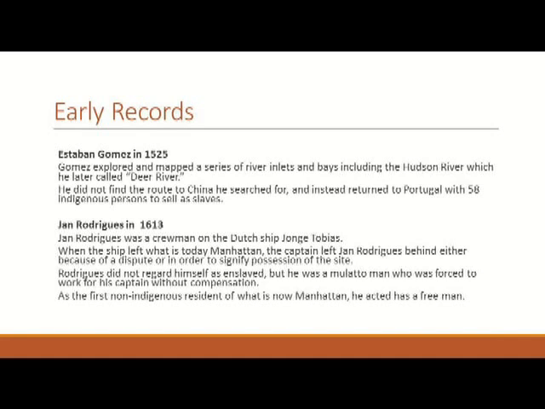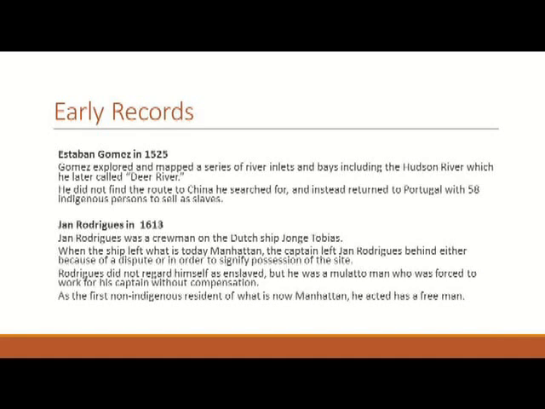and we've recorded them. For example, one of the first explorers of the Hudson River in Manhattan was an explorer named Esteban Gomez, and he explored and mapped a series of river inlets and bays, including the Hudson River, which he called the Deep River. He was looking for a path to China, that if he went up the Hudson River, he could eventually go over and find China. That didn't work out, and so instead, he returned to Portugal with 59 indigenous persons to